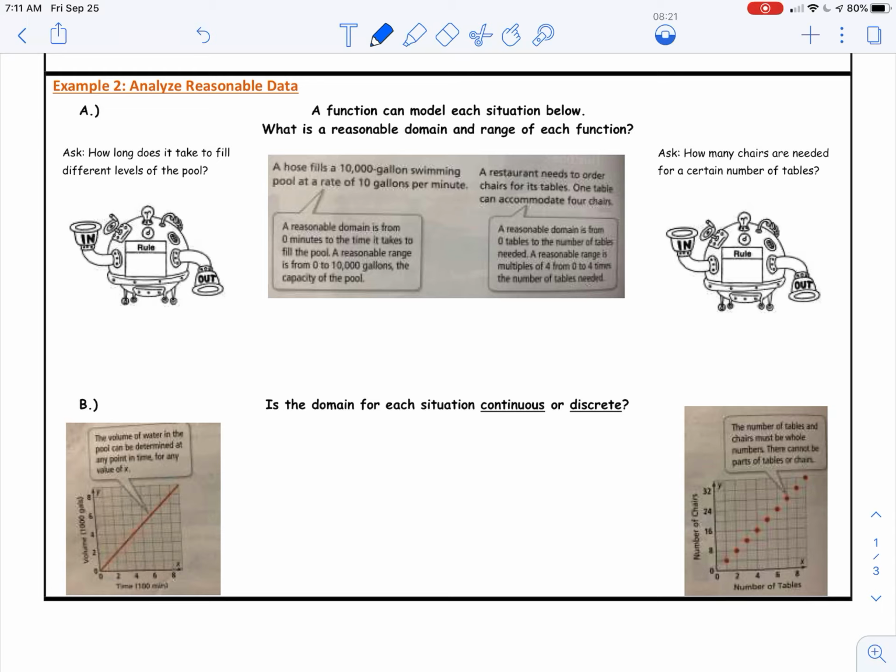Here we're told we have a hose that fills a 10,000 gallon swimming pool at a rate of 10 gallons per minute. So that means that when you're standing there with that hose, every minute that pool is going to fill up 10 gallons, okay? So in 2 minutes, it's going to have filled up 20 gallons. Now you could sit there and figure that out all that way, but that's kind of the long way around, right? So if we knew how to assign our x and y value to this word problem, we could simply use our